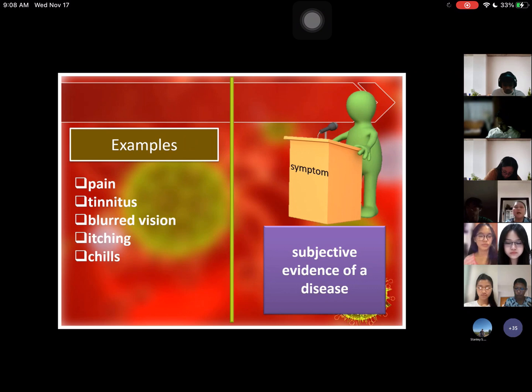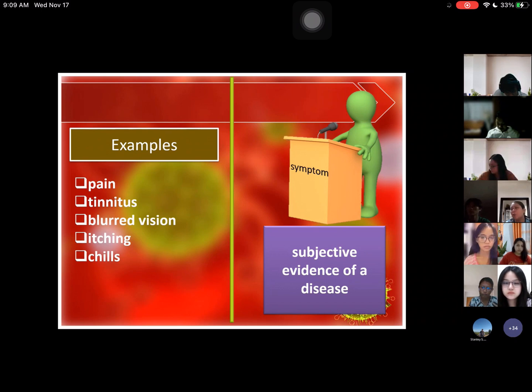This is different when you are... if you felt, di ba? If you have high fever, it usually follows that you have chills. Okay? Parang nilalamig ka, sobrang init na nga ng katawan mo. So these are examples of symptoms that can only be felt by the patient or the individual suffering from the disease or the infection, and